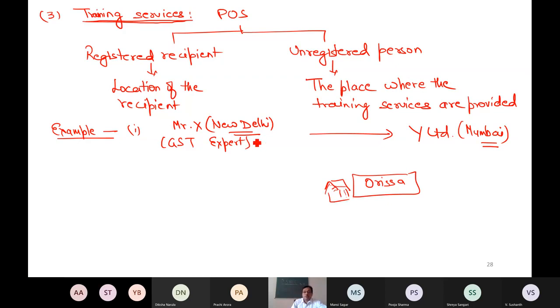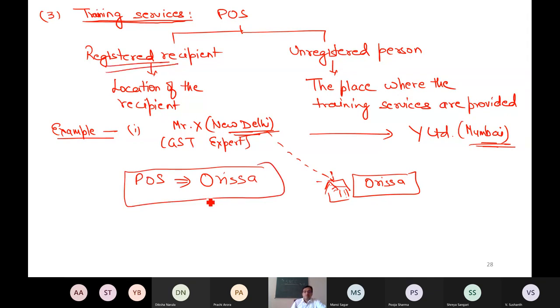So this person has gone to Odisha to train the employees of this company. Do you know what is the place of supply? First, always you need to check whether section 12 is applicable or not. Yes, supplier is in India. Recipient is also in India. The place of supply in this case will be not Mumbai but Odisha, because